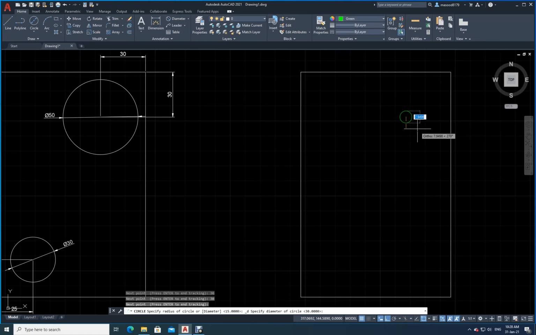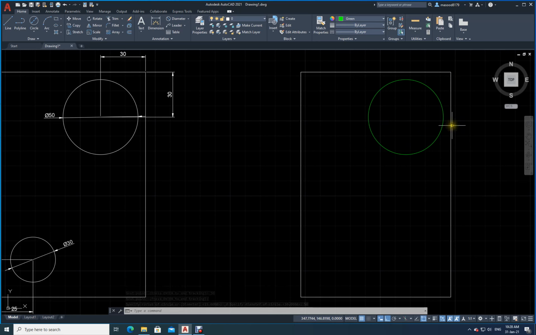The moment I press enter, now I am into my circle command. So what is the diameter of my circle? The diameter of my circle is 50. 50 and enter. Now see, I have got my circle. Those lines are missing. Those lines which in the previous case we had drawn are missing now. Is this clear? That's the good thing. So I need not draw, I need not delete. All this work is gone completely. Now let me draw the other circle also. I will select circle, because the diameter is how much? 30.